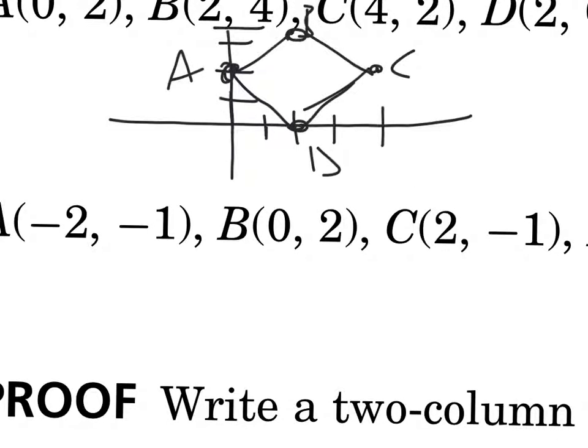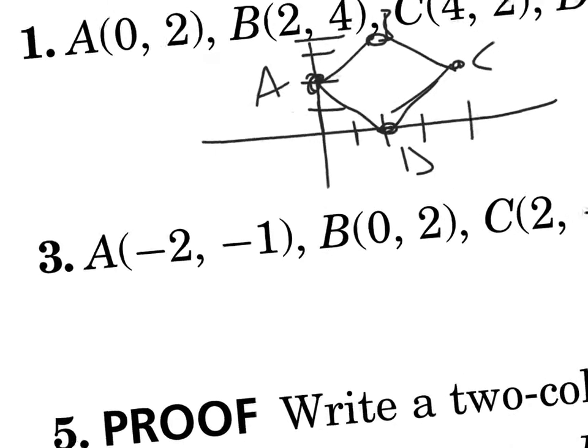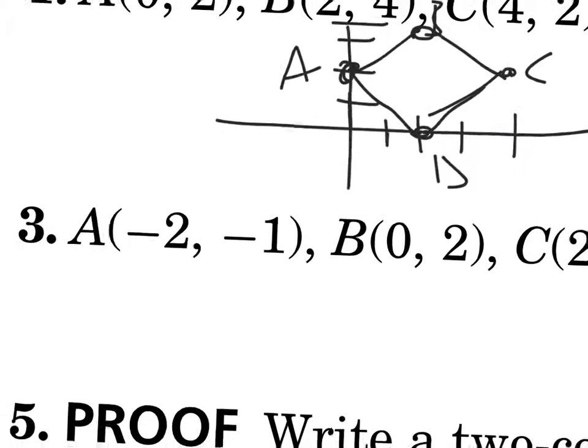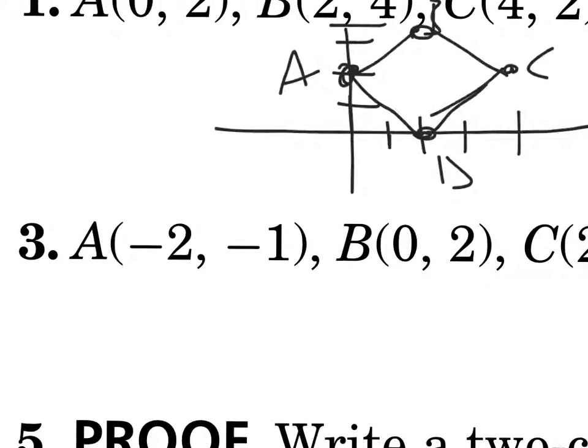But once you get this plotted, there's a bunch of different ways that you can do this. You've got to think of any properties of the type that you're trying to prove and show why that's true or not true. Okay, so we know that these are all parallelograms, which is nice. So we just want to say, is it a rectangle, is it a rhombus, and if it's both, then it's going to be also a square. One way to test if it's a rectangle is proving the diagonals are congruent to each other. That's actually really easy to do